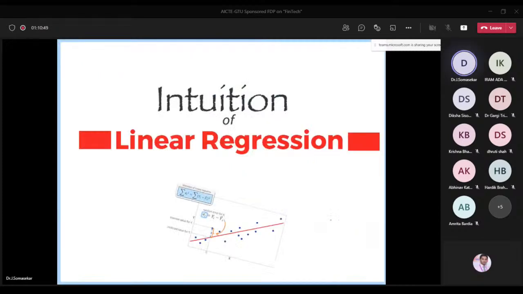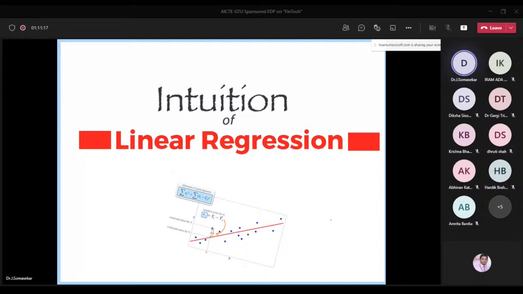Now we will see the intuition of linear regression. Once you understand the intuition of linear regression, the entire regression is based on it, and based on that we can implement. So at least we should know one regression model, exactly what is happening behind it. That is called mathematical intuition. Of course, I can directly give the formula and you can apply it to the given data set and get output. That's not a big task. But we should know what is exactly happening behind that. That is the important thing when you are looking at any research kind of thing.